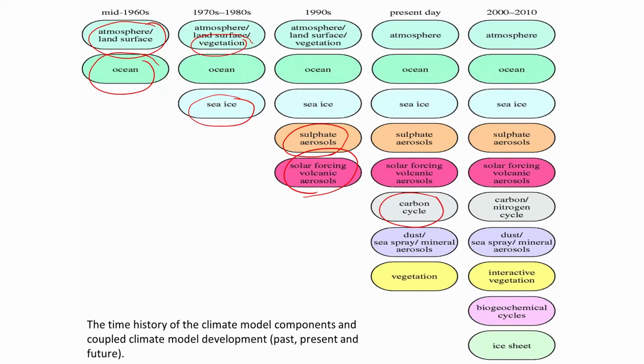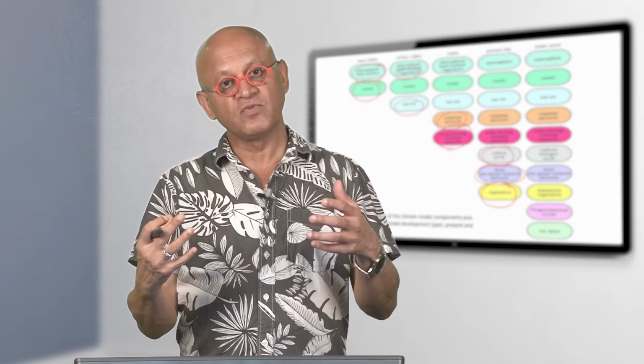So, we have added carbon cycle both in the atmosphere and the ocean. There are so-called dynamic vegetation models, and they are doing much more details of the aerosols, including sea spray, mineral aerosols, and so on. So, you can imagine now the feedbacks in this are going to be very complicated. Dynamic vegetation will allow you to look at how a forest cover affects the local microclimate, local clouds, local humidity, and the albedo, and how it will affect the warming and cooling with carbon forcing, how carbon forcing will affect